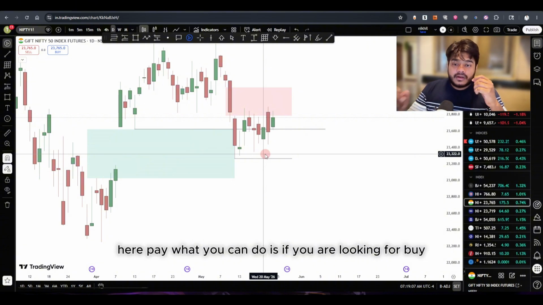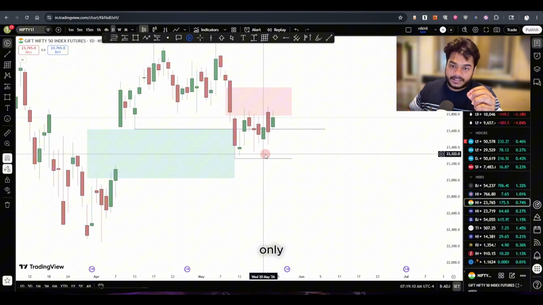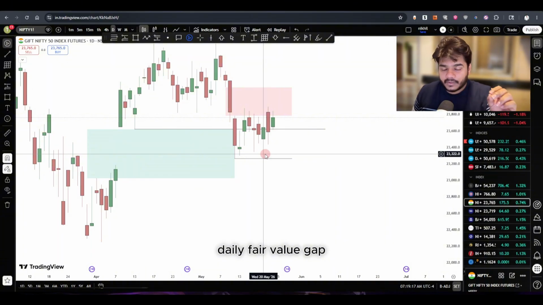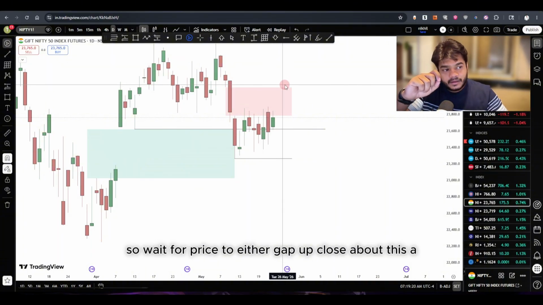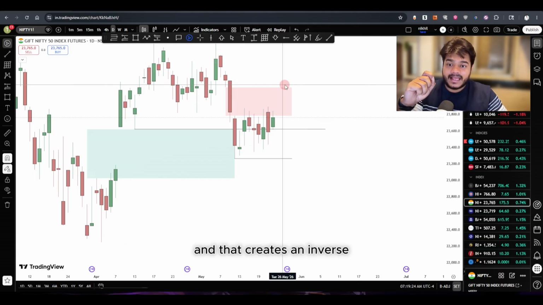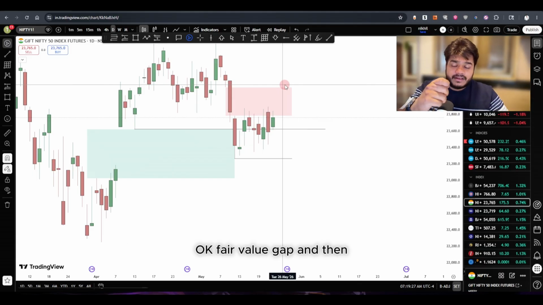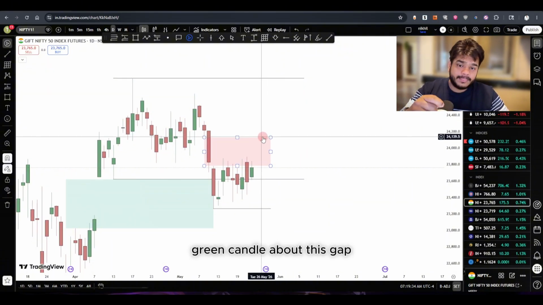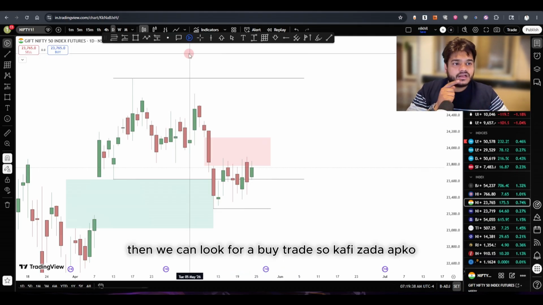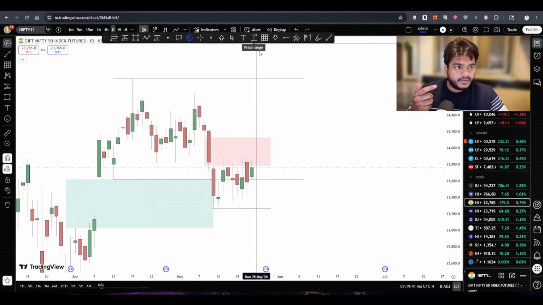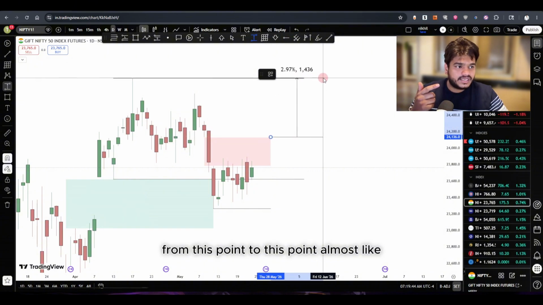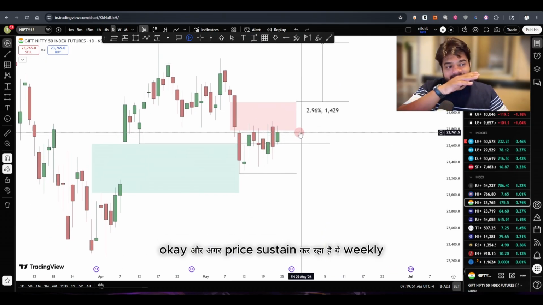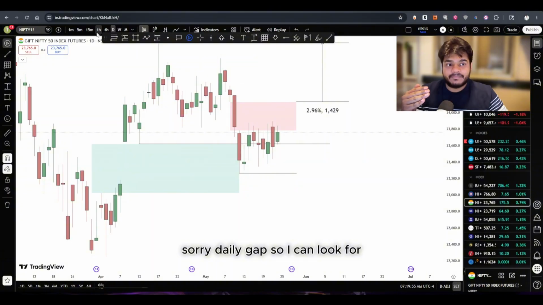So here what you can do is, if you are looking for a buy, only considering the weekly time frame and completely avoiding the daily fair value gap, wait for price to either gap up or close above this daily fair value gap, and that creates an inverse fair value gap. And then from the next day, once we had that close of that green candle above this gap, we can look for a buy trade. So you can get quite a lot of move from this point to this point, almost 3%, 1,400 points. Okay, and if price sustains below this daily gap, I can look for